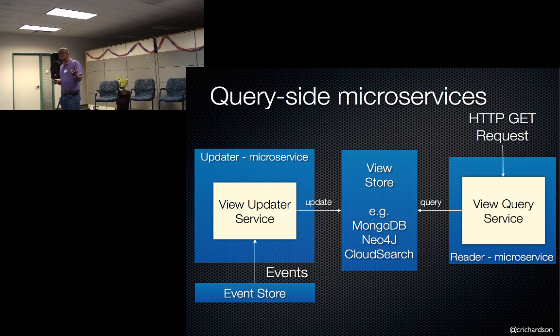So if it was AMQP, the model is you've got this named persistent queue that just queues up the events until the consumer can consume them. So you could take a service offline for a day, like the text search indexer offline,